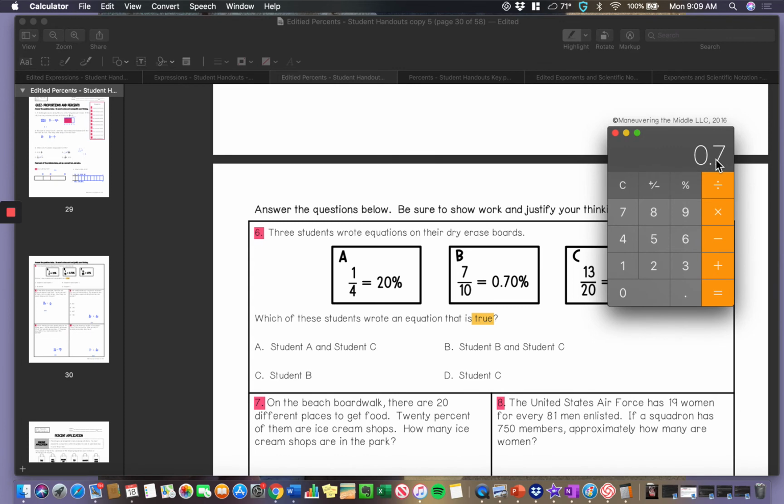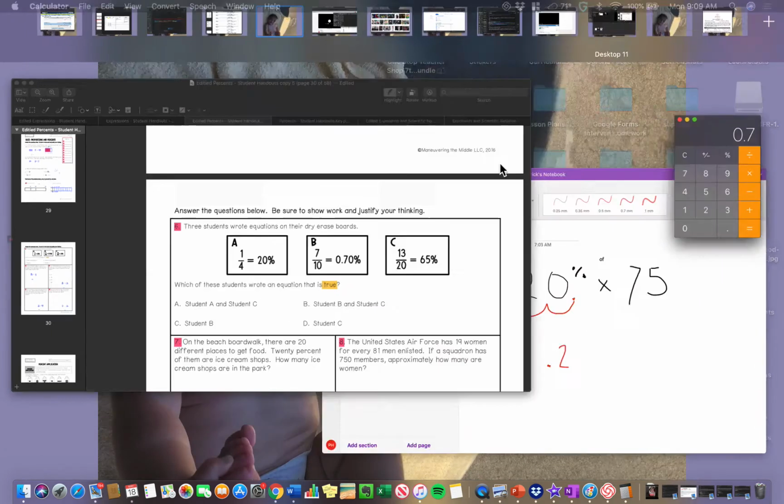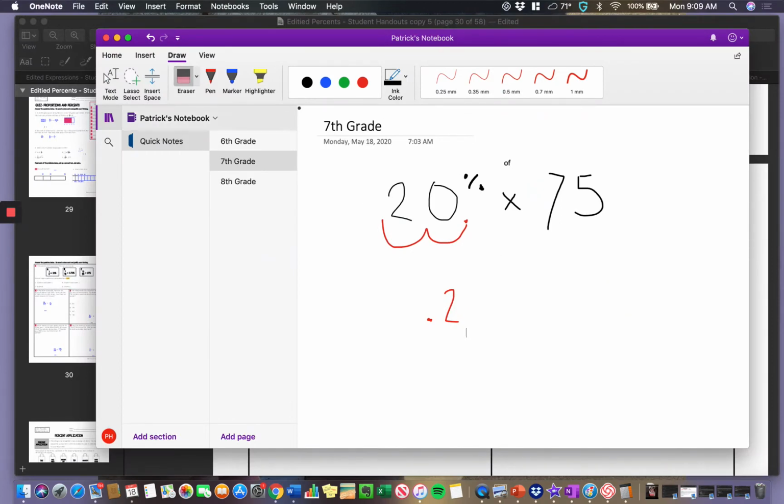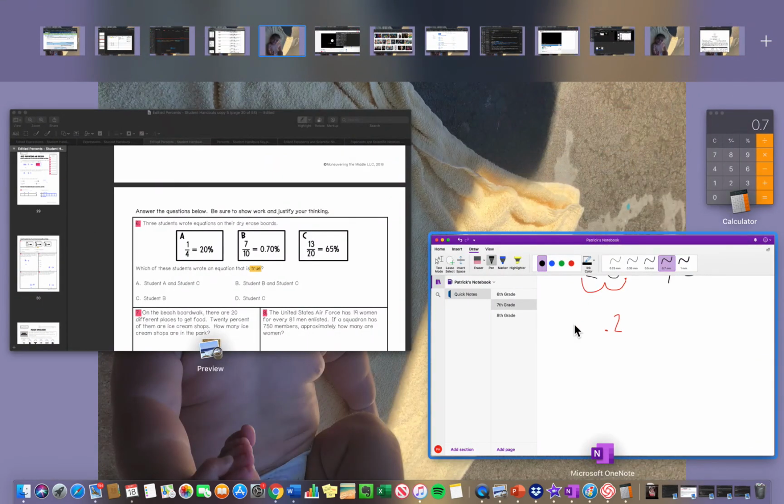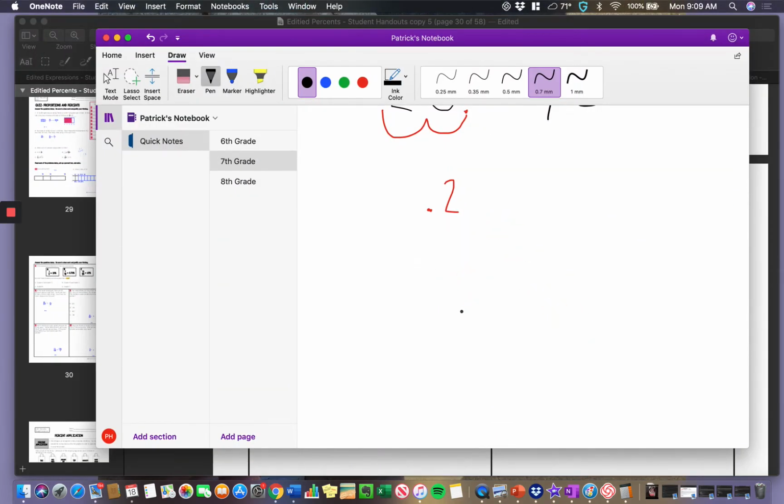Let me give you another example. This is 0.70%. That does not say 70%. So when I did divide, I got 0.7. So don't get confused because it's already represented as a percentage. So if I wanted to take that example right there, which I had 0.70%, if I wanted to make that a regular decimal,